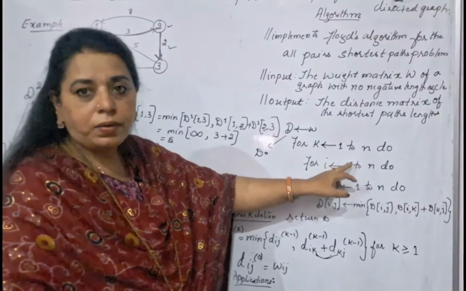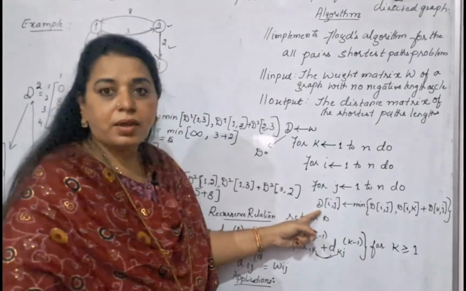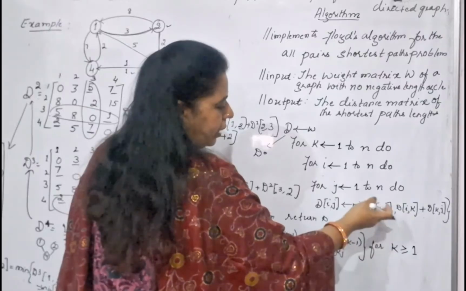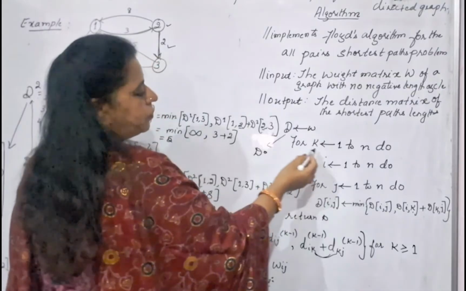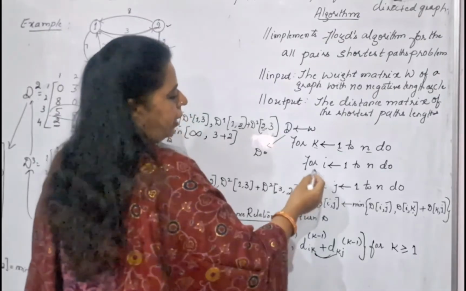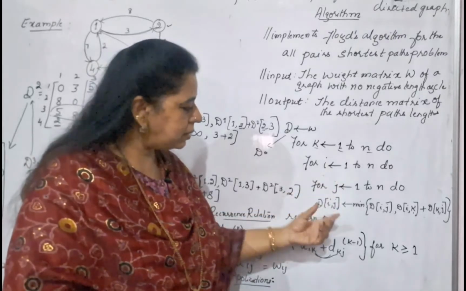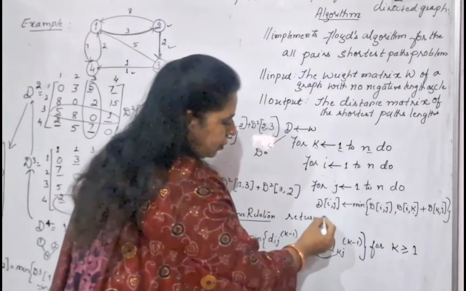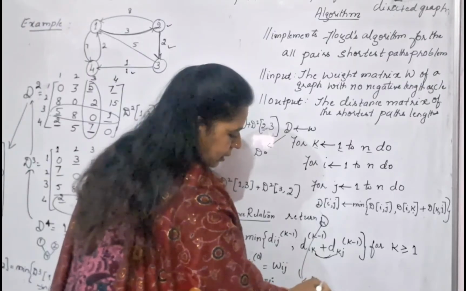And for k equal to 1 to n, for i equal to 1 to n, for j equal to 1 to n, apply this: D of i j. The distance to reach from i to j is always the minimum of directly reaching from i to j or going through an intermediate vertex k. So here the first for loop, k, keeps track of all the intermediate vertices. It runs from 1 to n, and the other two for loops, i and j, are used for the rows and columns of the matrices. For each iteration of the loops this statement will operate, and at the end it is going to return D, and this D is your final matrix. In our case it is D4.